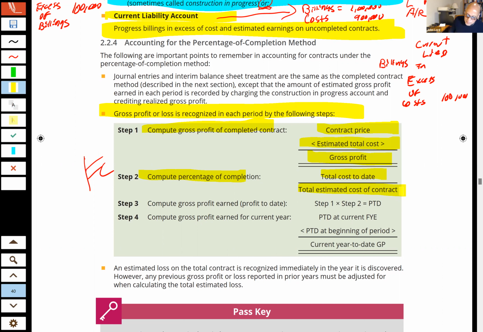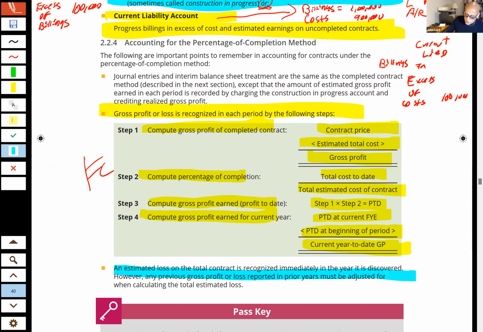Okay, cost to cost. Then you want to figure out what is the profit you've earned to date. So you take the total gross profit times the percent done you are. That's how much you've earned to date. But if you want to figure out what the current period profit is, you take what? Whatever the profit is to date, that's that percentage done you are, but some of that work may have been done in a previous period. You simply subtract what you had in the profit to date for the beginning of the period, and what's left is what you've earned this period.